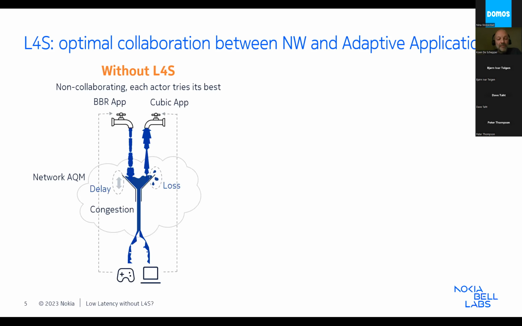BBR goes a step further. That also takes into account delay and latency. And for big buffer-bloated queues, BBR can definitely drastically reduce the latency in many cases. And then also we have the networks that try on their end with AQMs to find the compromise between queue sizes and packet drop.